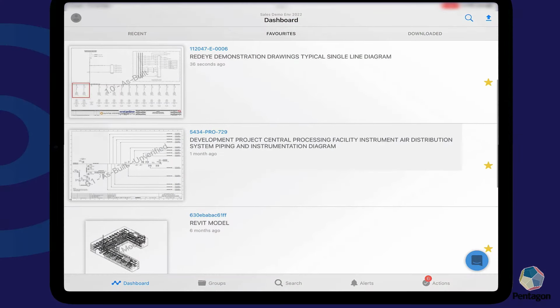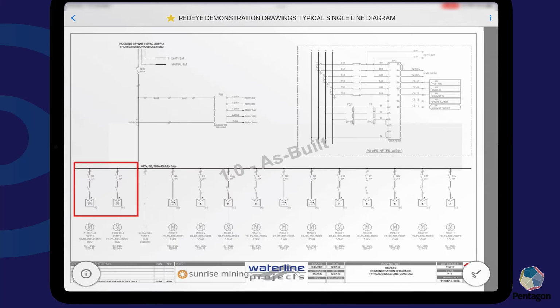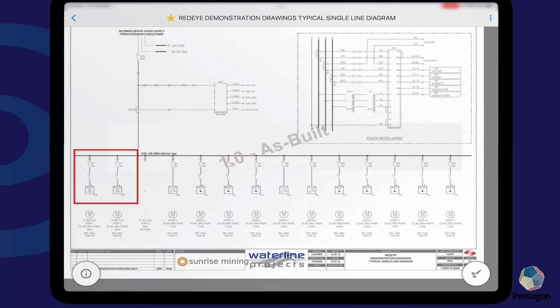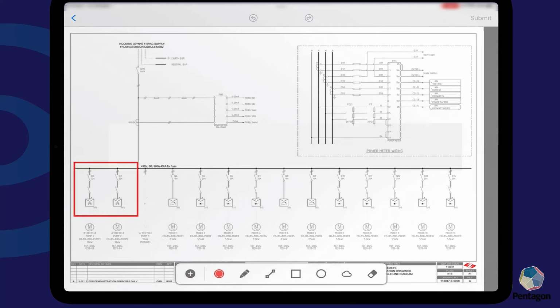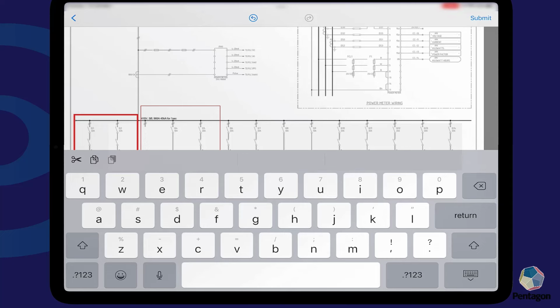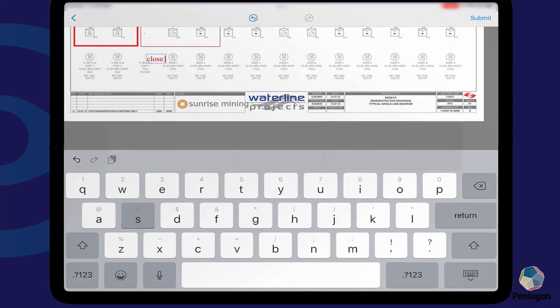We'll now transition to an iPad to show how RedEye looks and works natively on mobile. So as we can see here, we've loaded in our single line diagram that we were working off before. We can see that the markup I've just submitted online is also being updated here, but I can also provide any more edits using functionality that is very similar to what we have on the desktop, as shown. You have the ability to add more features such as text, as mentioned, so you can say here, close switches,